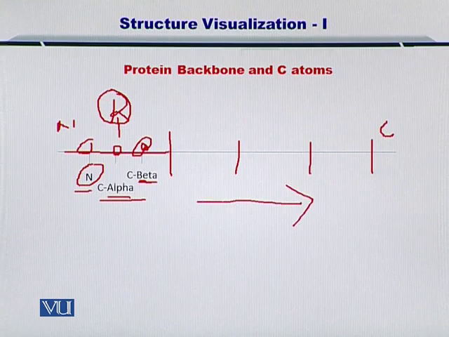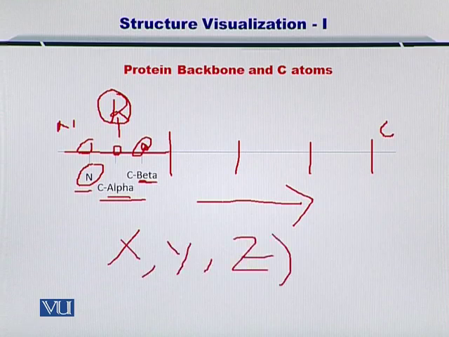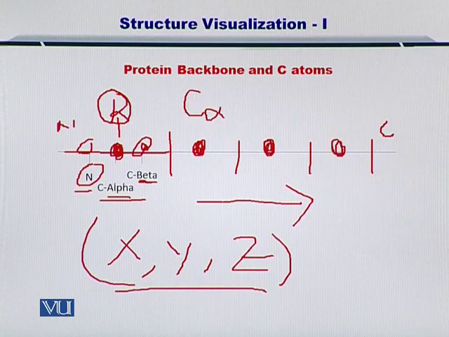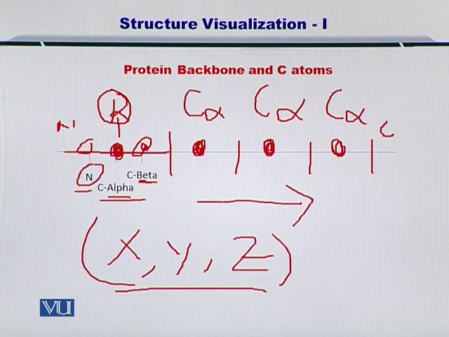So if you were told that the alpha carbon is positioned at a specific coordinate given by X, Y, and Z, then you could place this alpha carbon at these coordinates, followed by the alpha carbon in the follow-up, and then the next one, and then the next one. If you were told the alpha carbon positions of each of these elements, then you can draw a backbone